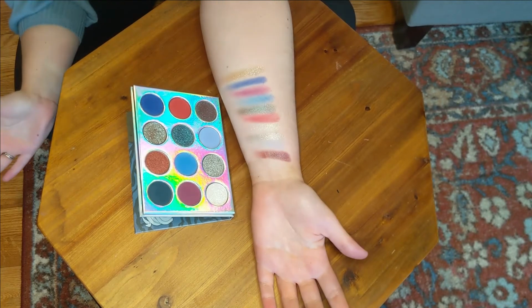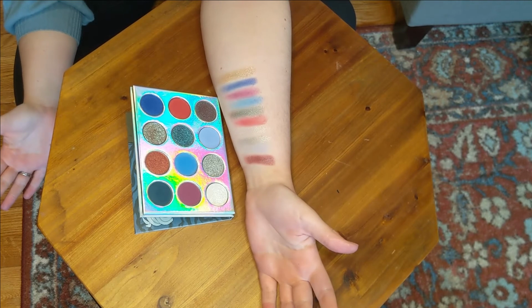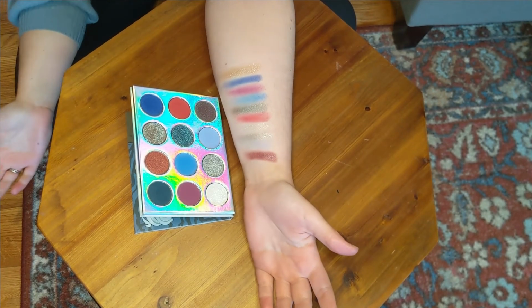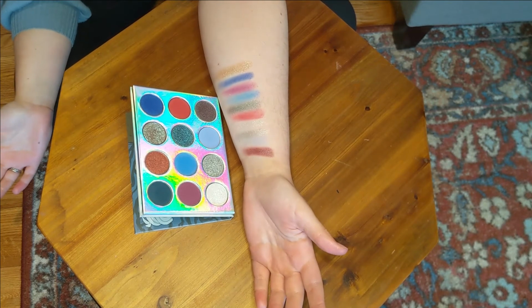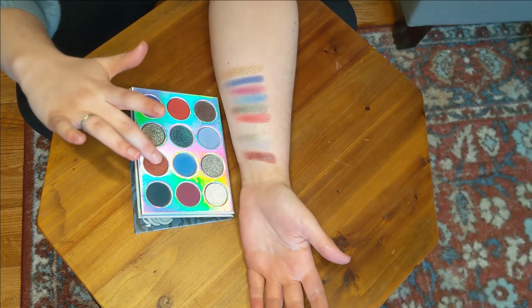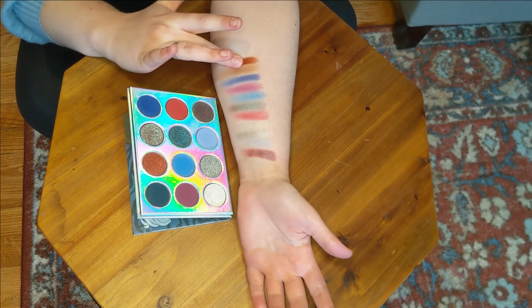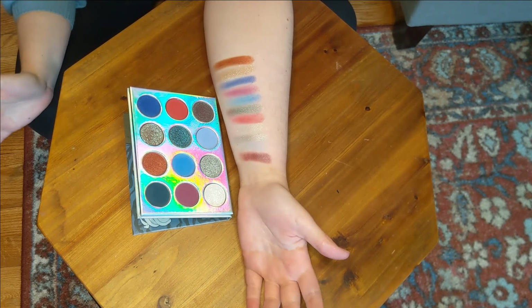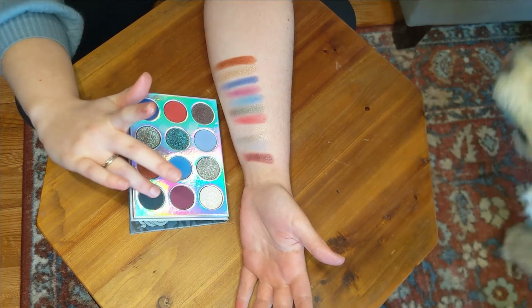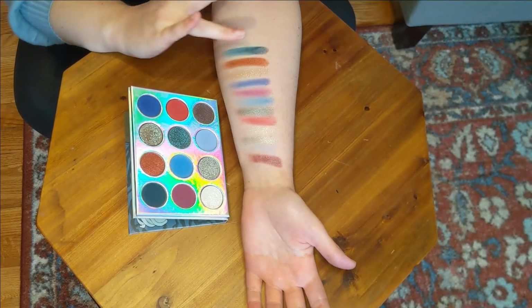That is a beautiful, almost translucent brown kind of base with a purple and green shimmer to it. And I mean, just look at it on my finger. Oh my God, I love this shade. I feel like this shade just makes the palette worth it alone. So love that. Let's move on to this burnt orange metallic next to it. Wow, that also swatches really nicely. I really like that. All right, and last but not least, let's move on to this dark greenish blue matte